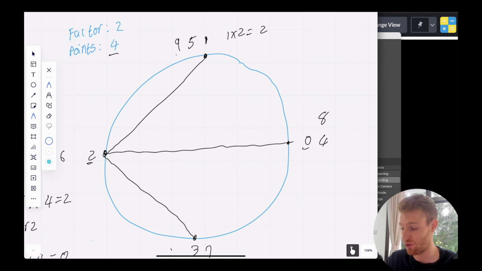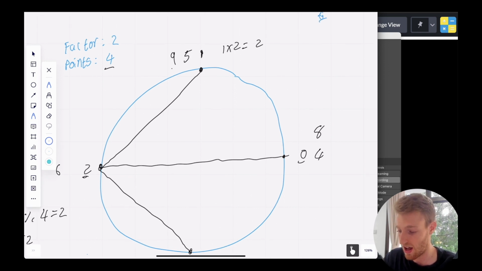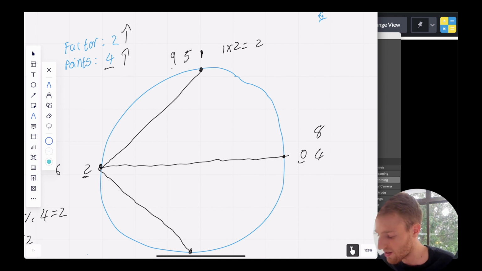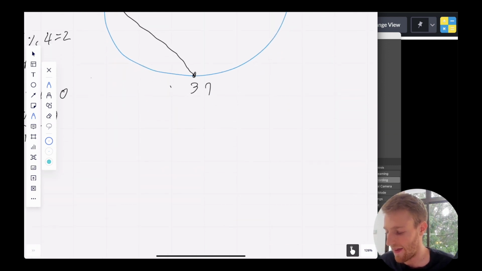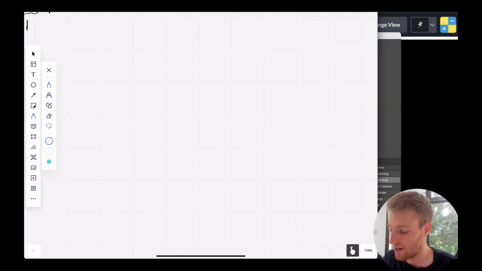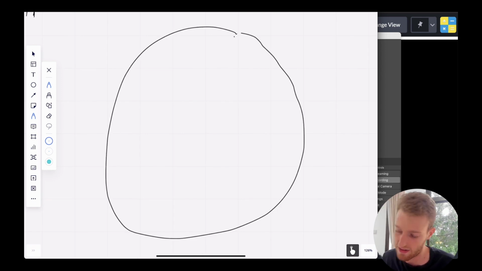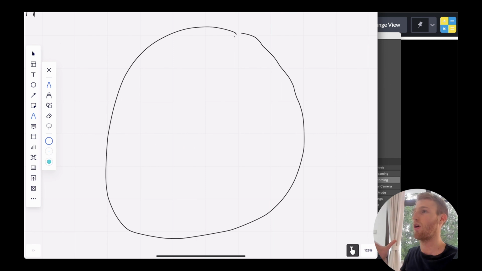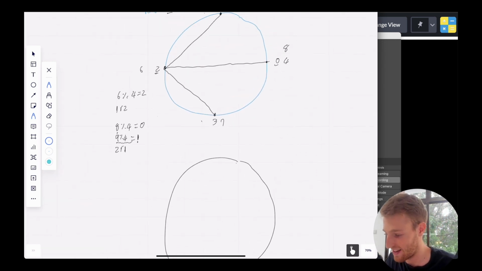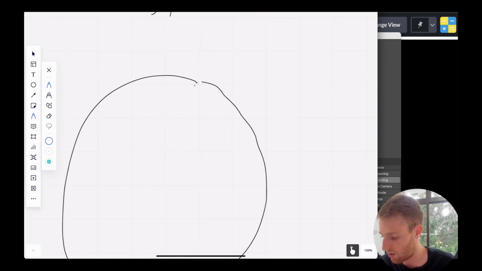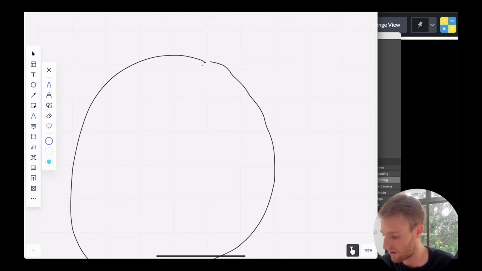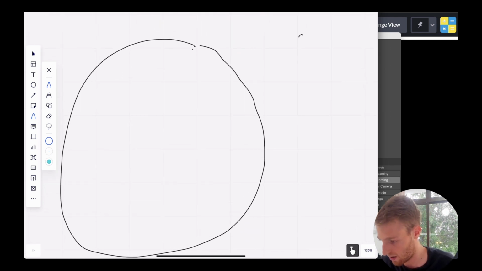All we then need to do in order to get the animation we were seeing was increase the factor and increase the number of points. There's one other thing we need to do, and that is, because we're dealing with Cartesian coordinates in P5, we need to be able to take these points and say, okay, what are their XY coordinates? So if we have these points, let's go for a different number of points here. Let's say we have 8, okay? So if we have 8 points,